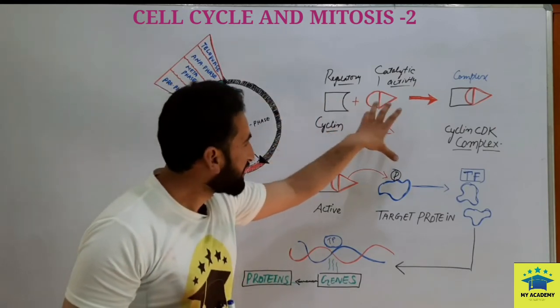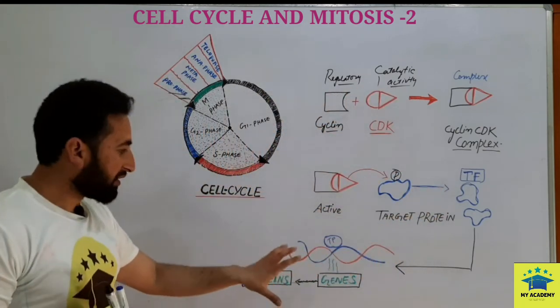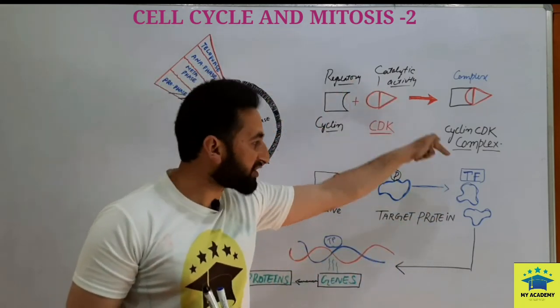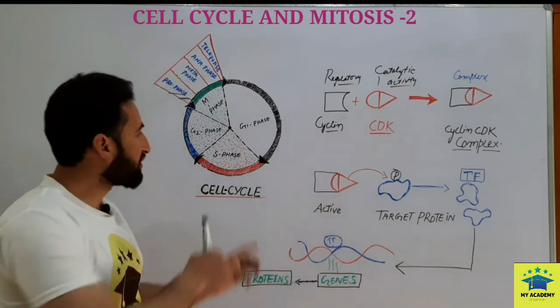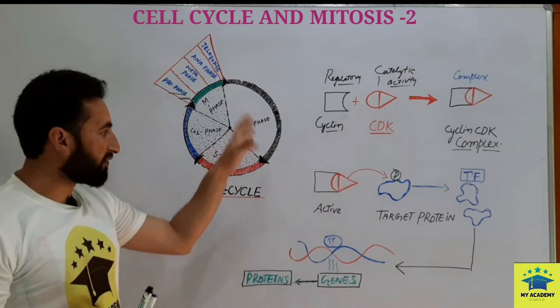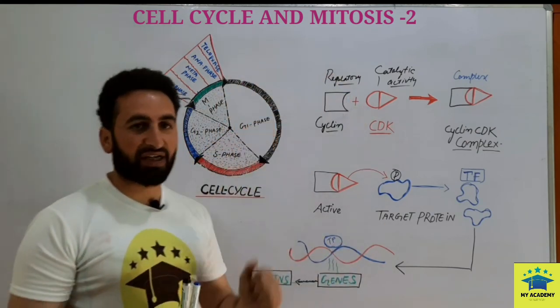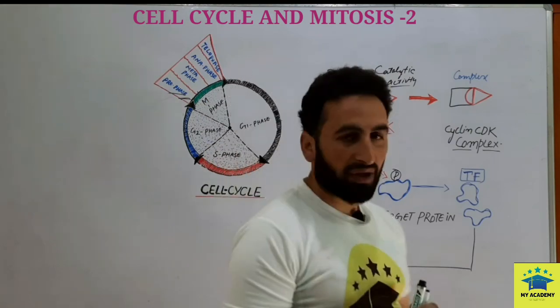Actually, this CDK acts as a messenger. It sends a signal to the cell: please drag the cell from one stage to another, from one phase to the next. This was the mechanism of how cyclin and cyclin dependent kinases work. Okay, thank you. Have a nice